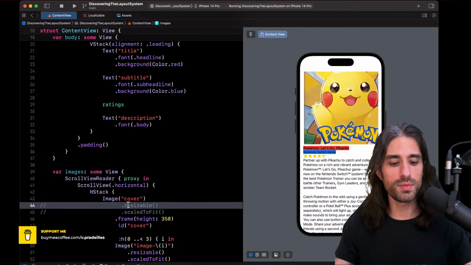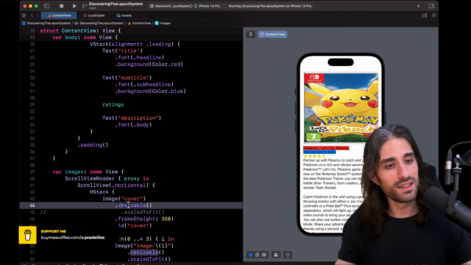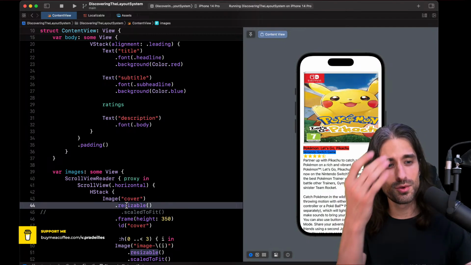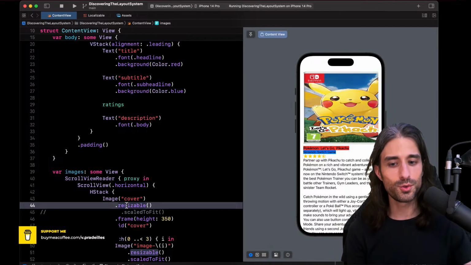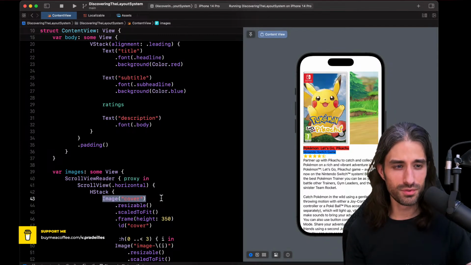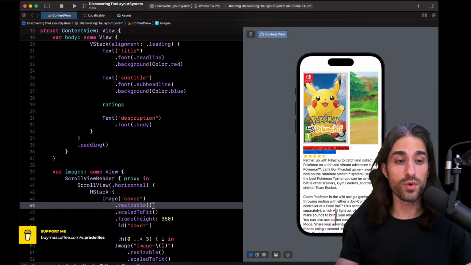But as soon as you make it resizable, it becomes filling, and it tries to occupy all the space available to it. Technically, because when we call a modifier, we return a new view, it's not exactly the same view, but you get this idea that a same base view, for lack of a better term, can become fitting or filling depending on which modifier we apply to it.